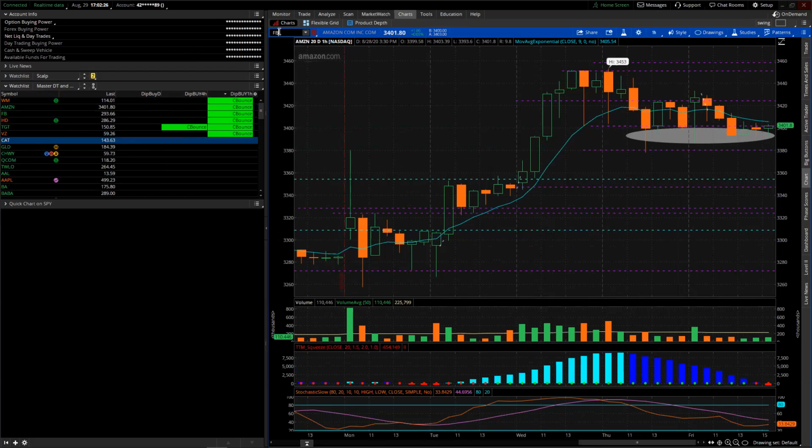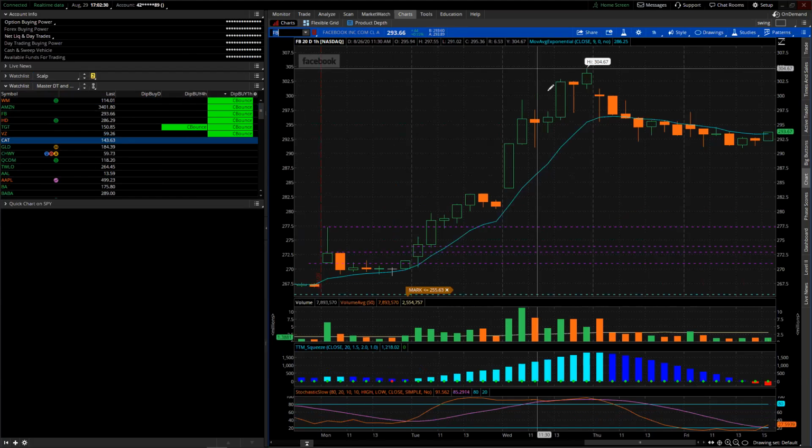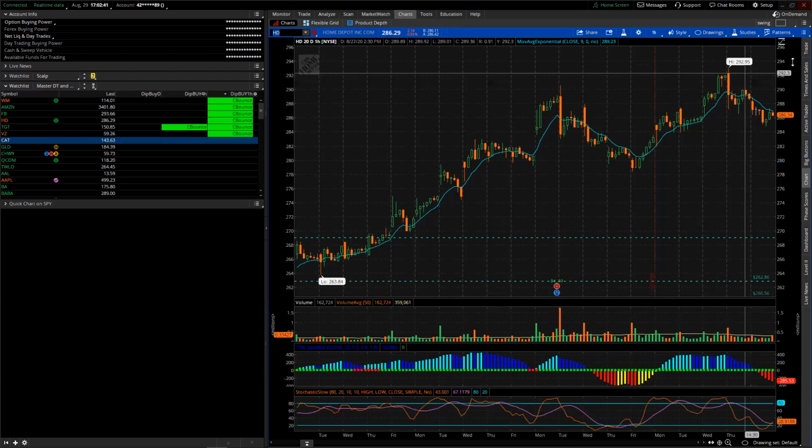We'll do a few more. So Facebook. Facebook, same exact thing. You're getting a pullback, momentum's confirming, and starting to push to the upside. So these are easier to explain, but these setups are really, really good, especially if you're trading stocks. With options, they work, just not as well because I don't know how long it will take for this to bounce back. I know that it will bounce back, but I don't know how long.